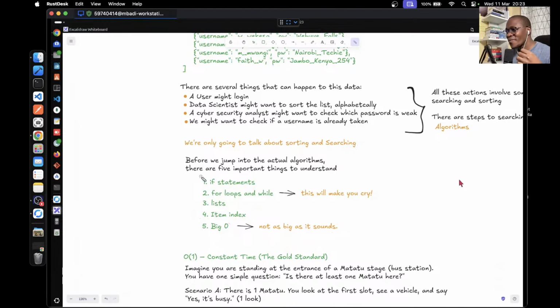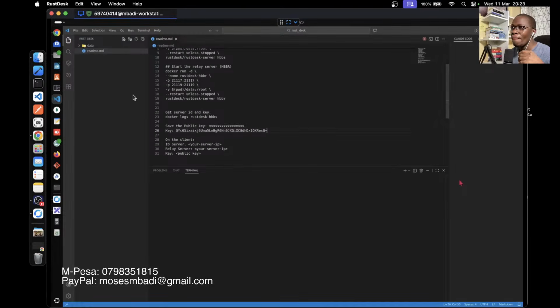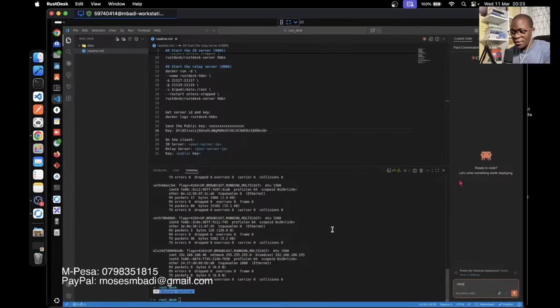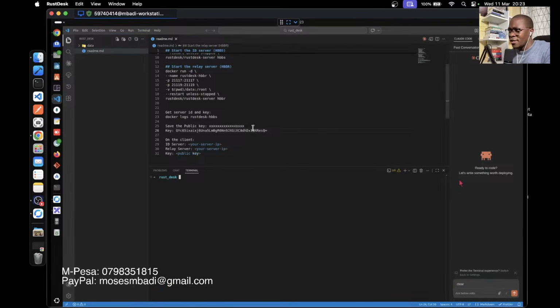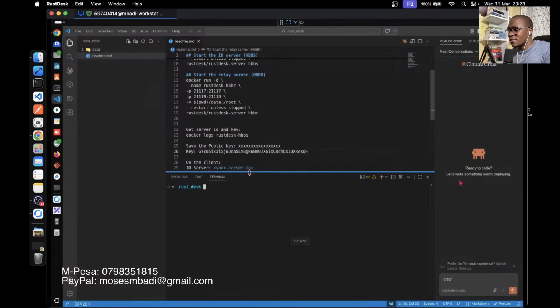All right, so let's look at all these things, and we will start with if statements. We've looked at if statements before, but you want to look at more advanced use cases of if statements. So straight to the code. I have this project. I was trying to fix something here, but my goodness. Let me just try to zoom in a little bit. That is fine.